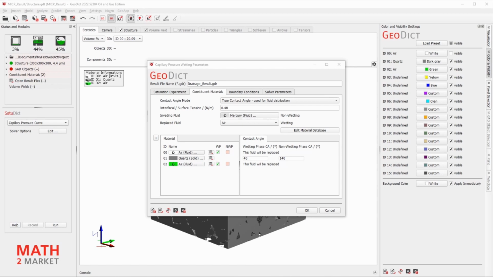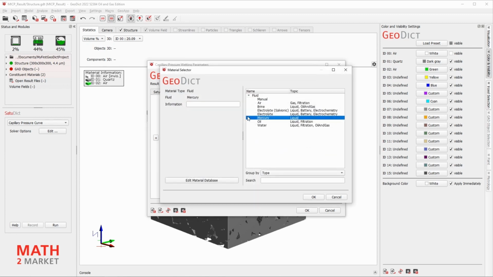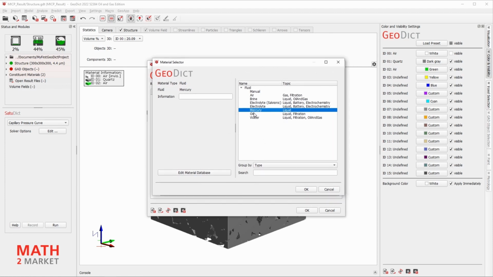The True Contact Angle method extends the contact angle range which is possible for the materials from 0 to 180. As interfacial or surface tension, please insert 0.03. As we don't want to have mercury, choose oil from the material table as invading fluid.